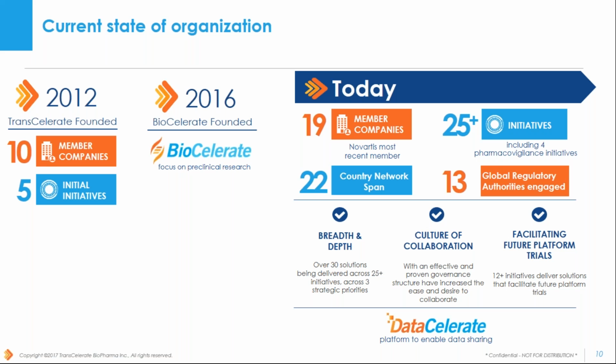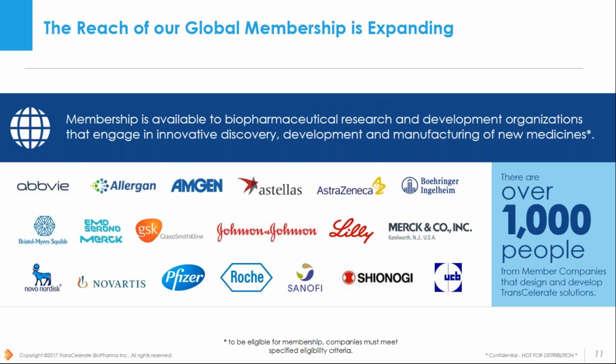And at the bottom here, you'll notice TransCelerate. That is one of our enterprise-level technology environments that will ultimately house all of the initiatives that have to do with data sharing. So if we move along to the next slide, our reach of the global membership is expanding,